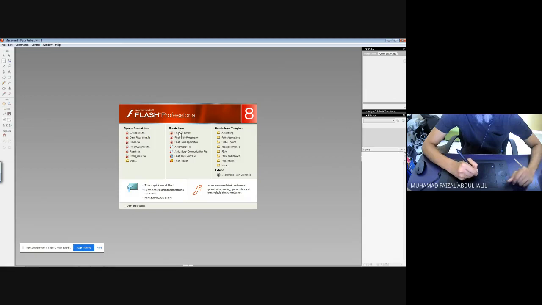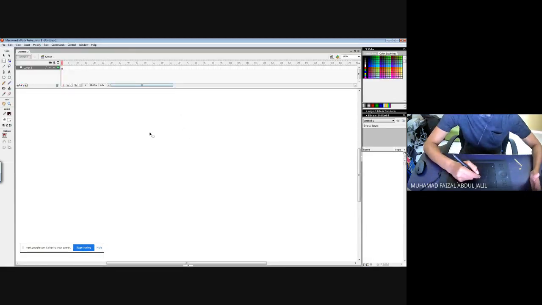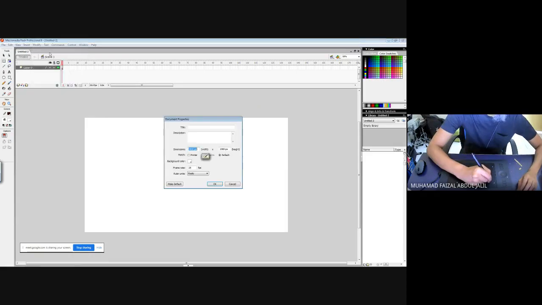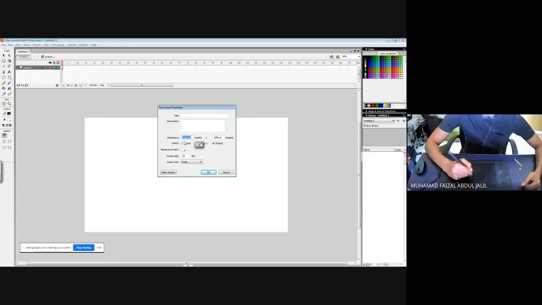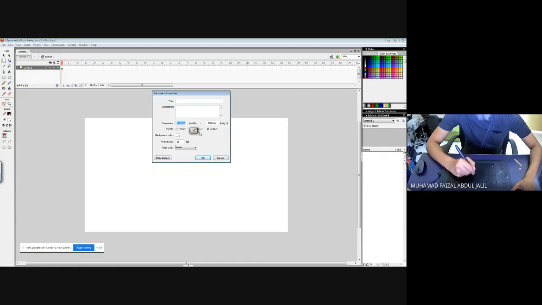When you open up your files, as usual, you have to set up your document size. For Adobe Animate, normally you can modify your document right here. You see that? The standard size that we are going to use for our presentation in these animation modules is around 1920 for the width and 1080 for the height.